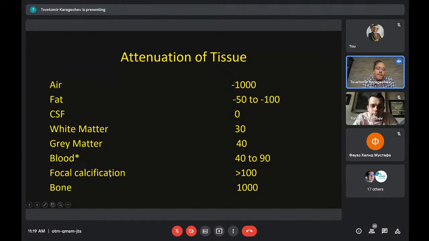The next thing, focal calcifications. I wrote it like that just to remind you, and to make you remember in the very beginning, that we see calcifications all the time. Benign, physiological calcifications on the brain CT have a value of over 100, so they're denser than acute blood. As I said, we see them all the time. You don't want to confuse physiological calcification with a hematoma. And on the other side of the spectrum, bone, positive 1000.